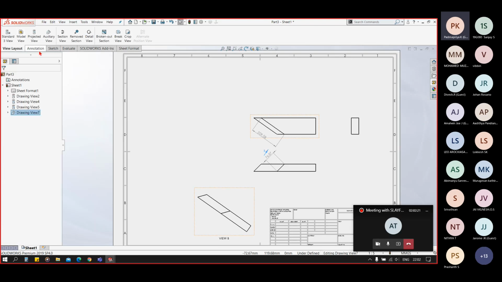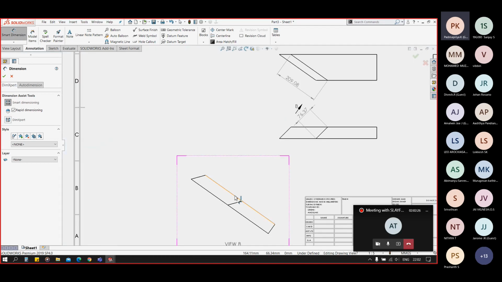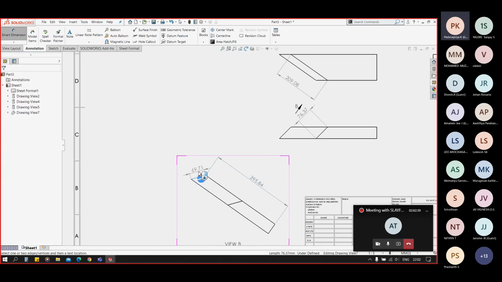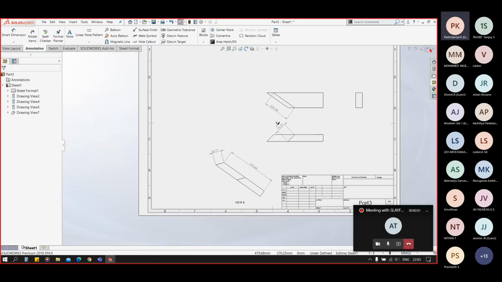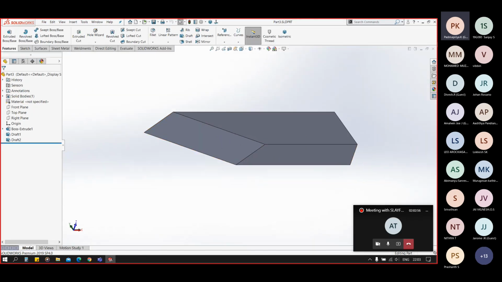Now you can see the length is not 209.08, it is 395 point something. And also for this slant, you can see the length is 69.71, not 37, sorry. So this is why we need an auxiliary view for a complex situation like this example.